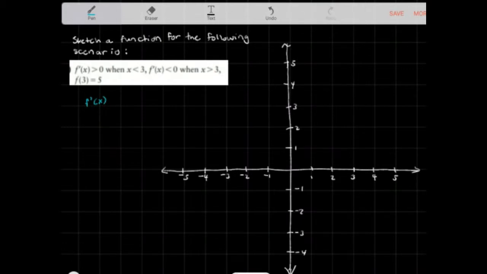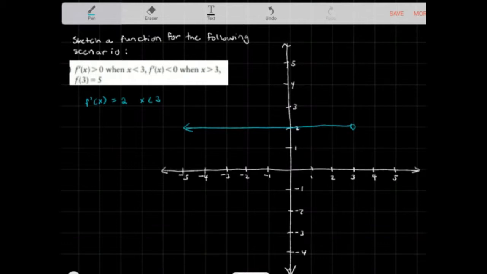And in this scenario, f prime of x is greater than 0 when x is less than 3. So let's say f prime of x is equal to 2 when x is less than 3. Okay, so when f prime of x is equal to 2 when x is less than 3, let's say this is what the function looks like. Okay, I'm using a constant slope because it'll just be easier for us to create our original function from the